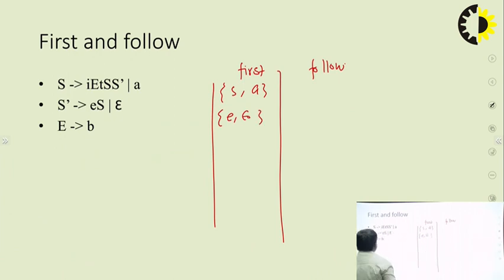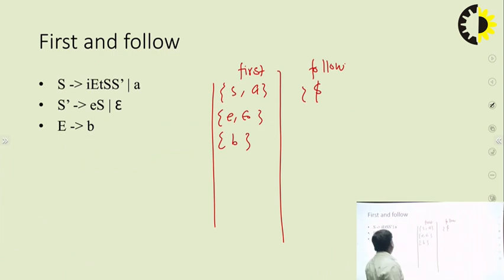And what is the first of E? That is known as the B. That is very simple. We compute the first of this production rule, and this example is also very important, asked in the GATE examination also. Now we compute the follow. I have already explained that the follow of the start symbol is